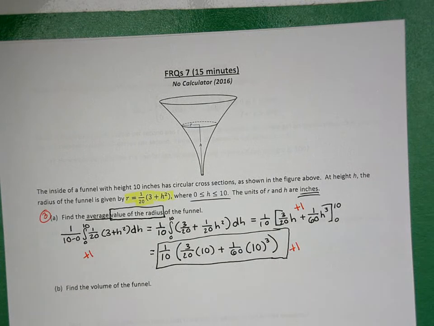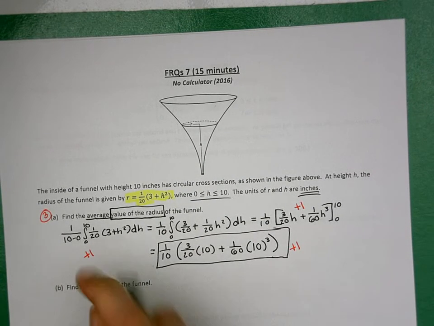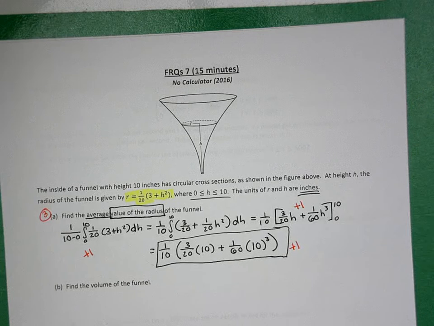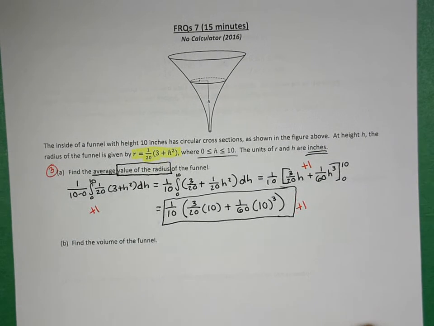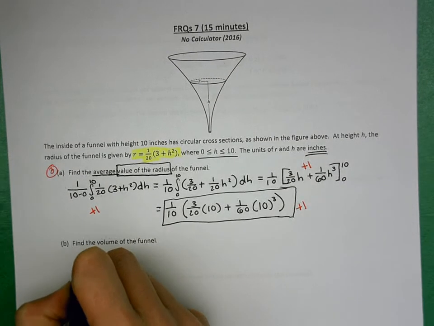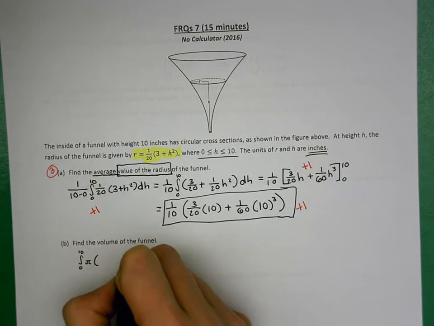Okay, part B. Find the volume of the funnel. So we've got here circular cross sections. For most students this particular year, part B was the hardest part because having circular cross sections is not super common within our typical problems here. We're used to putting our formula into an equilateral triangle or a semicircle or something like that. This particular year they did put it into the circle. So we have the area formula for a circle is pi r squared,